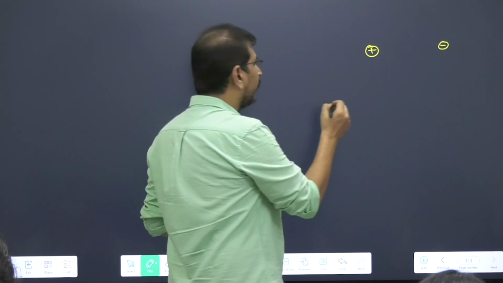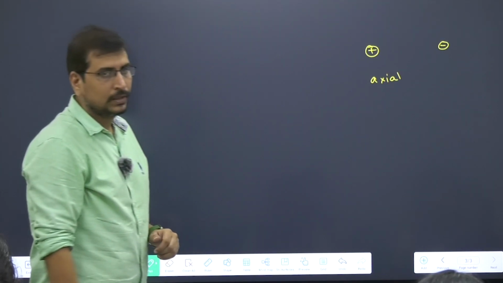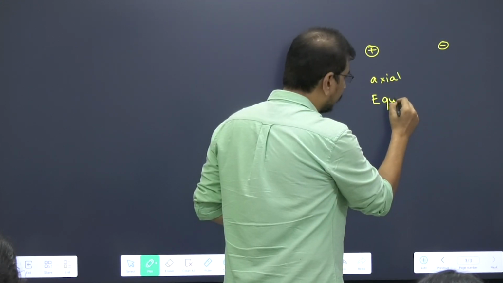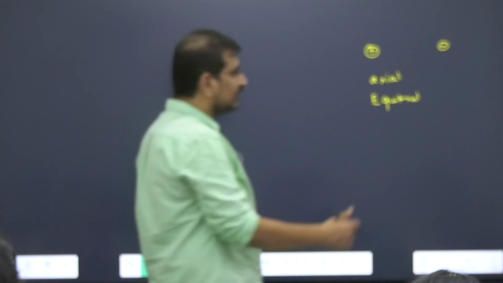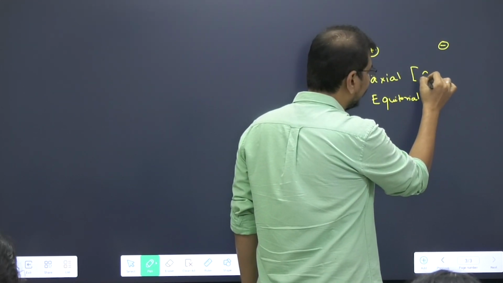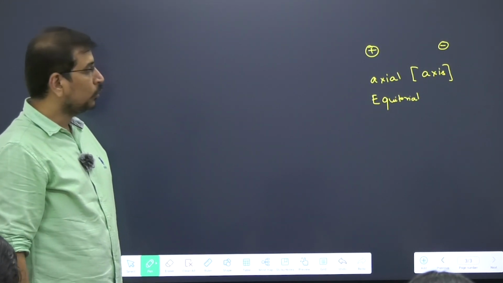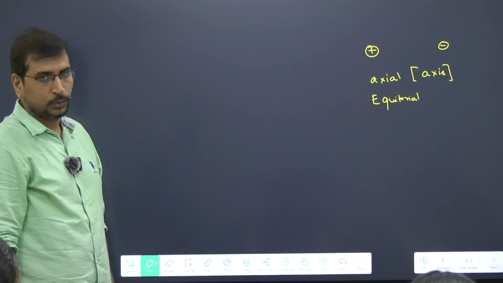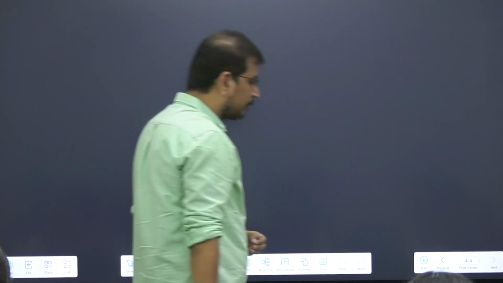where one of the points is going to be called as axial and the second is called as equatorial, right? So, here as the word suggests, what is axial? It is the axis, right? And what about equatorial? We'll see it when we go to the topic, right? So, now the topic of discussion is going to be